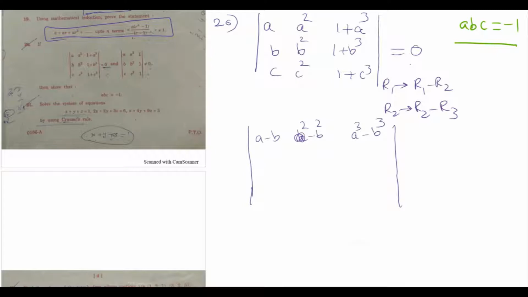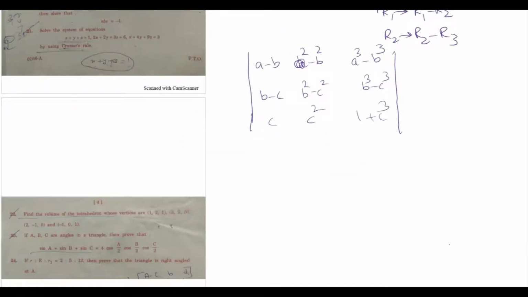The second row becomes B minus C, B square minus C square, B cube minus C cube, and the third row is C, C square, 1 plus C cube, which is equal to